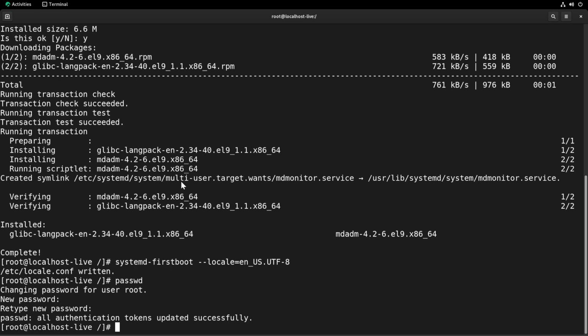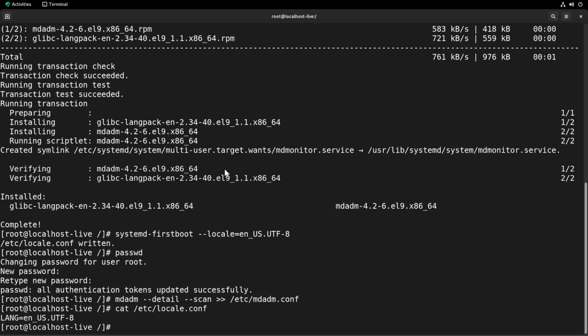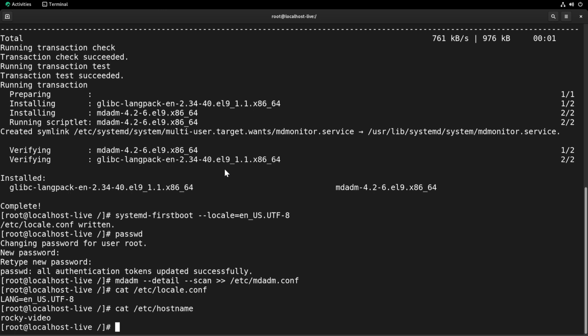And then next, we need to configure mdadm. So that means we need to create an etc mdadm.conf. Mdadm has a command for this, detail scan, and we'll write to etc mdadm.conf. If you recall, our host name is Rocky Video. This is actually pretty important. Because the mdadm.conf is generated with the live CD's name, we're going to